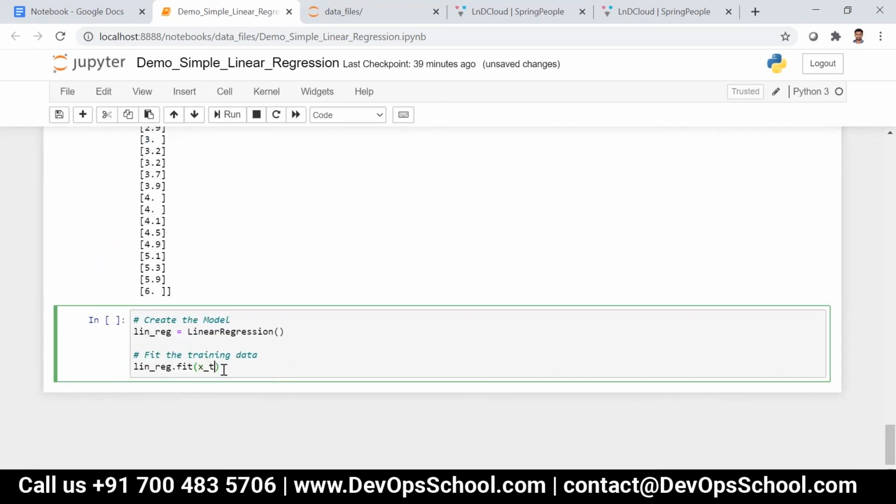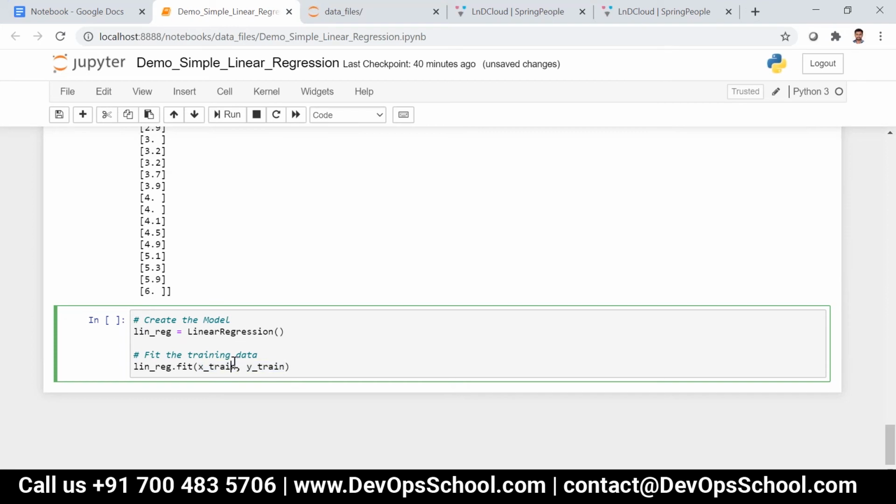We have to send x data and also y train, that is the input and output. So what do you mean by fit? In this method, the model will be trained with the entire data set.